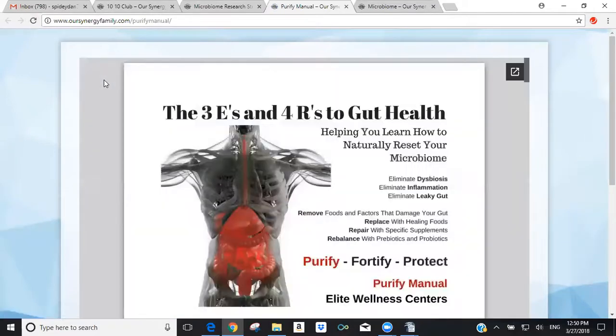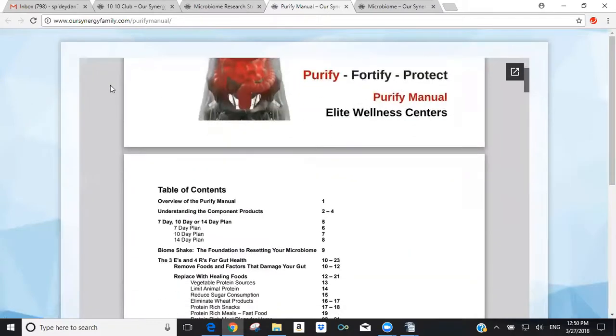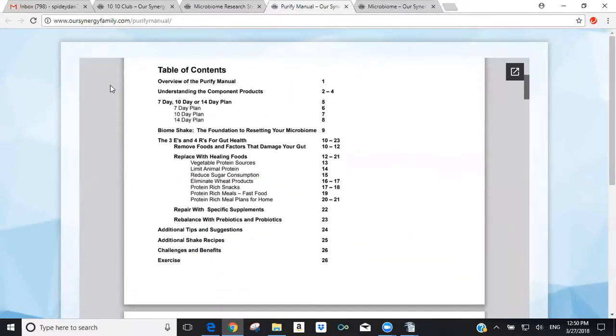So we would recommend, and let me refresh this. We would recommend, there we go. We would recommend that you go through the Purify Kit so that you can understand how to utilize the products properly, as well as when you go through this, Synergy has a 7-day plan, but from our experience, not everyone can fit a 7-day plan. They can't replace 2 meals on a daily basis. It's just overwhelming to them. Or they may not want to lose weight because they don't need to, but they certainly want to reset their gut health. So they're more interested in something that doesn't require them to